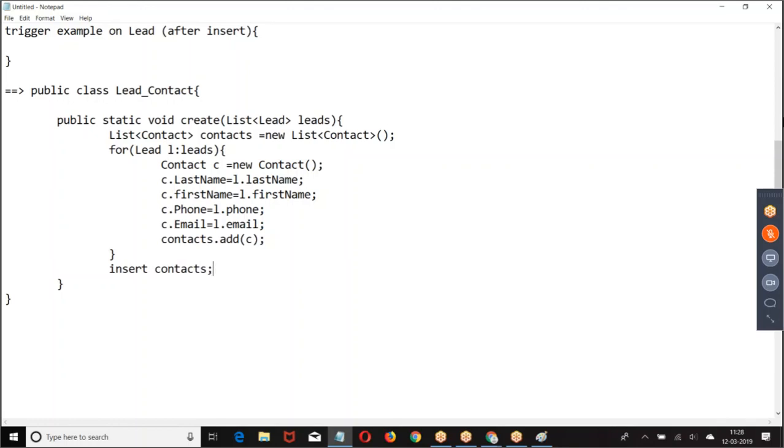Then call this within the trigger. Everyone is comfortable with this? Don't copy, boss. Make an attempt of writing it.